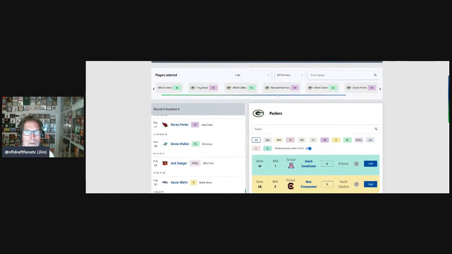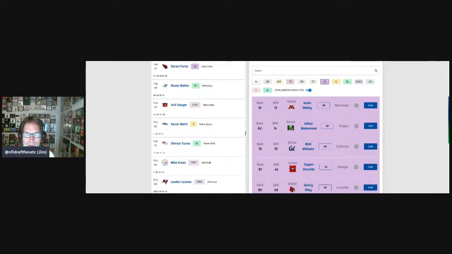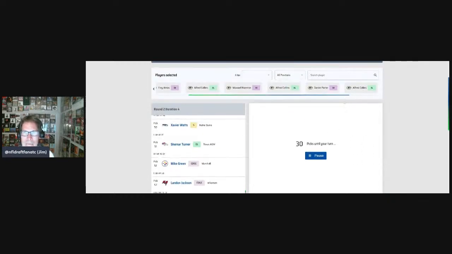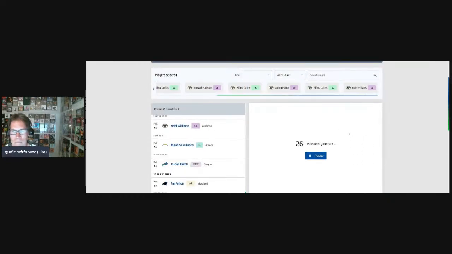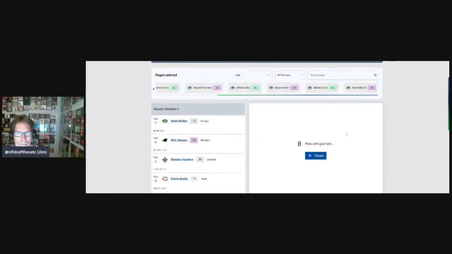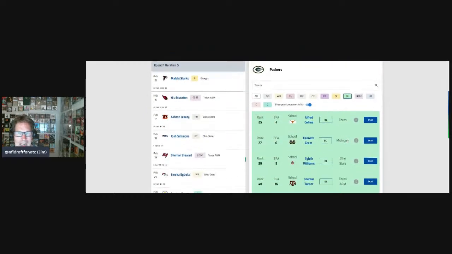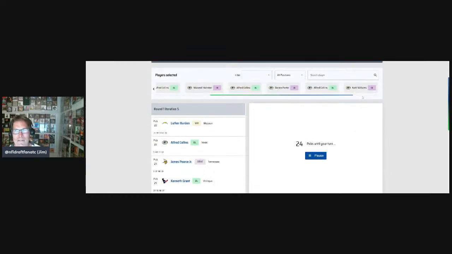Okay, so what would the Packers be doing if all the corners are off the board? No Williams, maybe, so I will pick him. Okay, Collins is already 25th on the Packers board, so I've already moved him up to 25th.